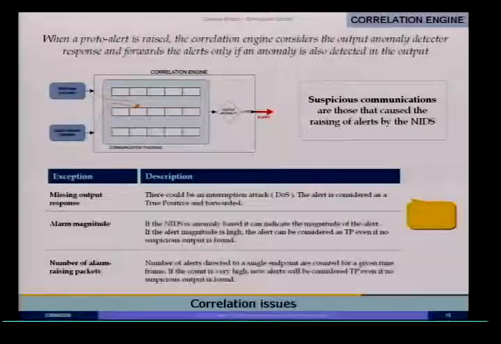Then we have two other related exceptions. If the input network intrusion detection system that we put inside the architecture is anomaly-based, then we can use other information to reinforce the idea that what is happening is really an attack and not a false positive. So we can use, for example, the anomaly score given